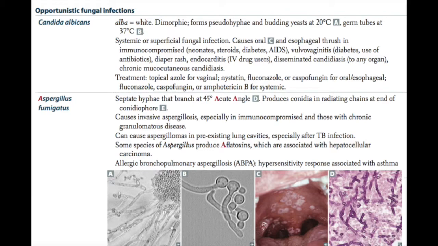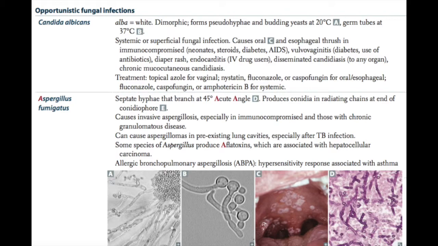We can see disseminated candidiasis to any organs in immunocompromised hosts, and we also see an immunodeficiency called chronic mucocutaneous candidiasis for certain lacks of T cell subsets. Treatment for Candida albicans is nystatin for the superficial infections, amphotericin B for the serious systemic infection. So looking at the picture all the way to the left, we have the Candida. Remember, Candida are pseudohyphae with budding yeasts at 20 degrees, and then germ tubes, which look kind of like sperm,